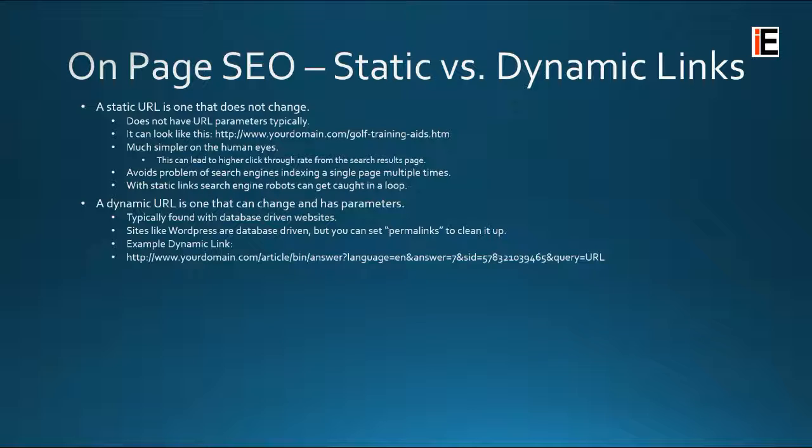An example dynamic link would be yourdomain.com/article bin answer question mark language equals en and answer equals 7 and sid equals 578, and there's a session ID tied into it. Sometimes these session IDs show up in your URL structure on your e-commerce site, on a WordPress site, which it shouldn't, or on any other website. WordPress sites are usually pretty good about this, but on another type of website, then you need to do something